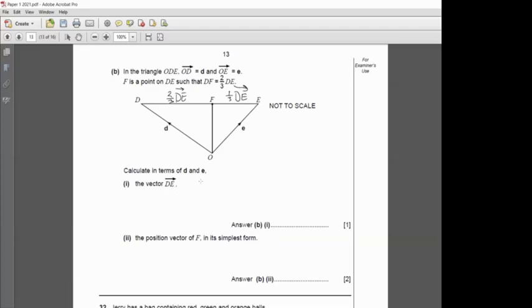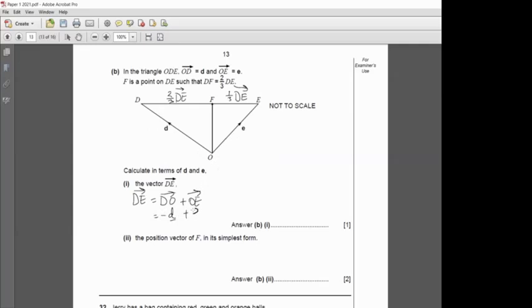Okay, so calculate in terms of D and E, the vector DE. So we want to work out DE. Now with these vectors, the way to get it is pretty simple. All you need to do is imagine that you are at the starting point D and you want to get to E. So you obviously have to use paths whose vectors you know. What I can do is go from D to O, and then from O, I will go to E, and that means I've gone from D to E. Now, DO is in the opposite direction of OD, so that means it is negative D,